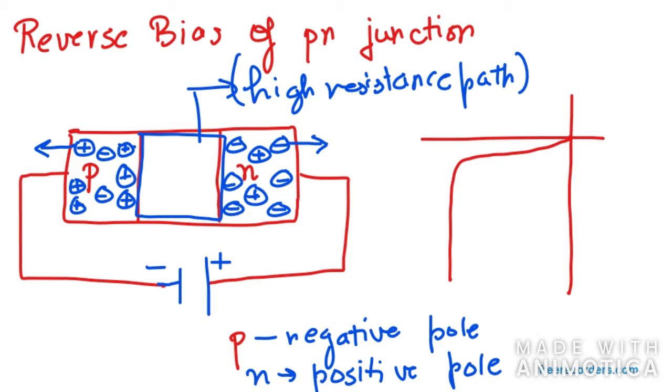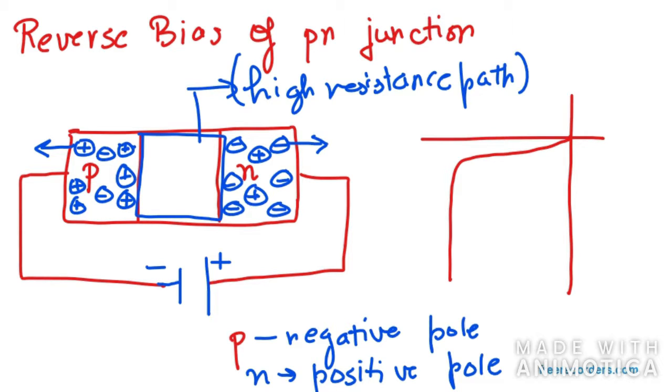Why high resistance path? Because in the P type you can see the holes will be attracted to the negative terminal. In the N type, electrons will be towards the positive terminal. And whenever we connect a battery with the negative terminal to the P type and the positive terminal to the N type, they form reverse biasing. So remember this, and in this case the potential barrier is increased